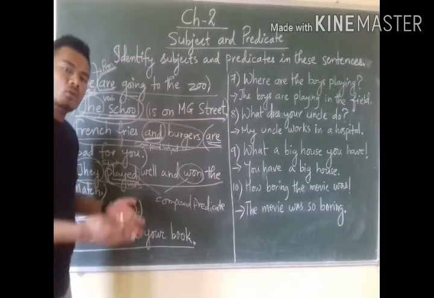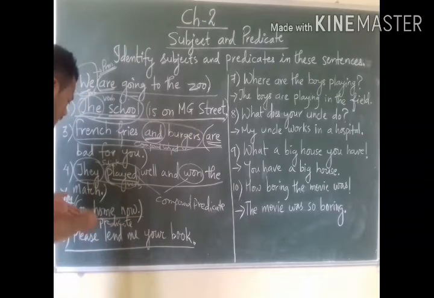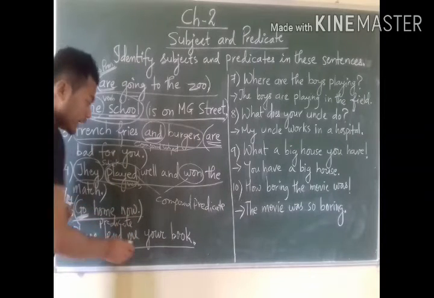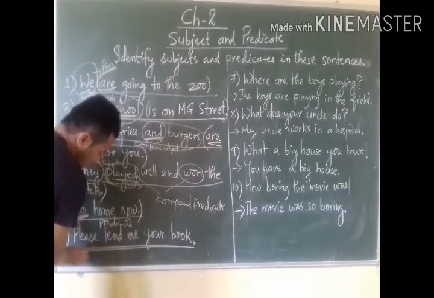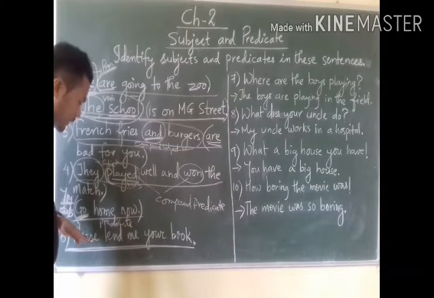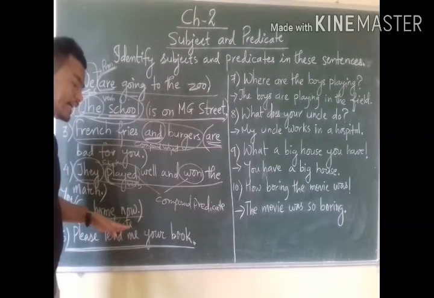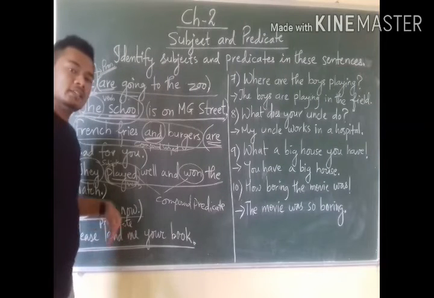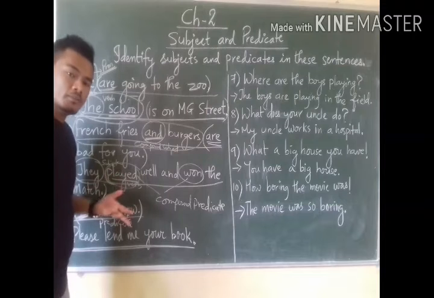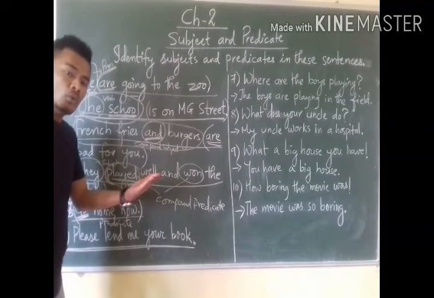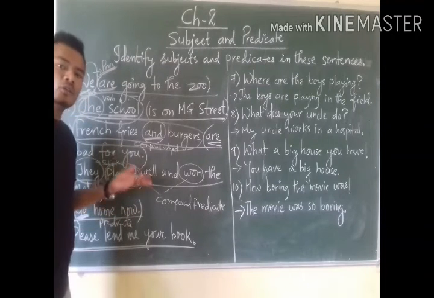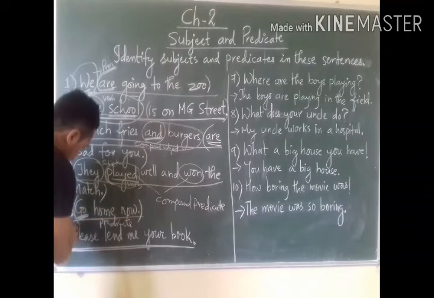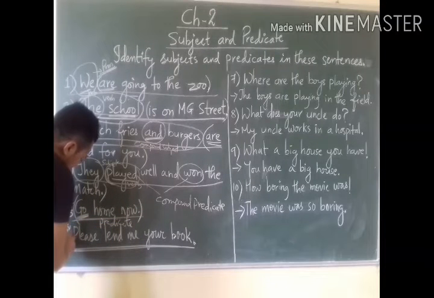Here we have no subject written. We have to understand the subject. That subject is you. In the same case, example 6: Please lend me money. Please lend me your book. If you speak this sentence to someone else, it also means you. That means here also you have to understand you as the subject.